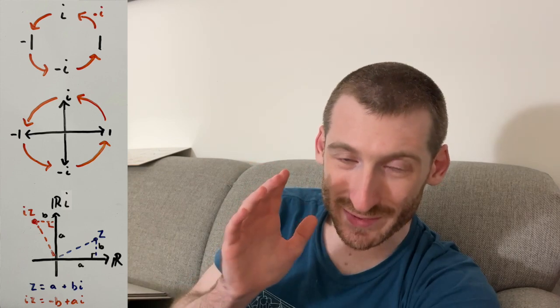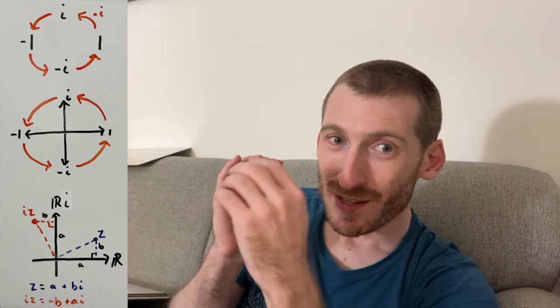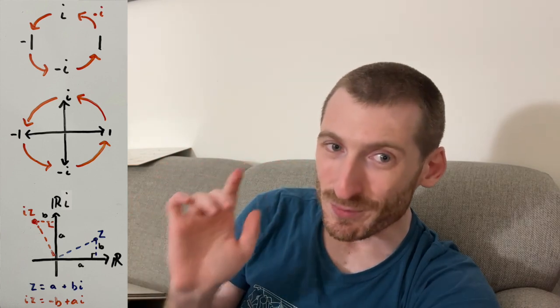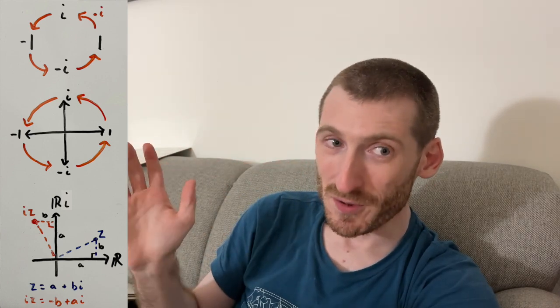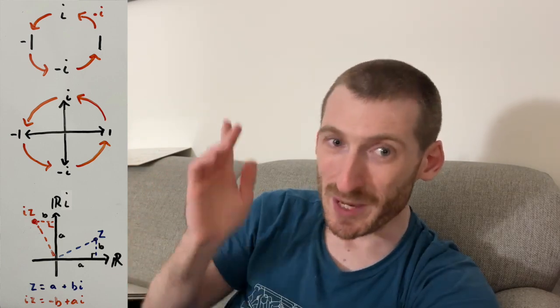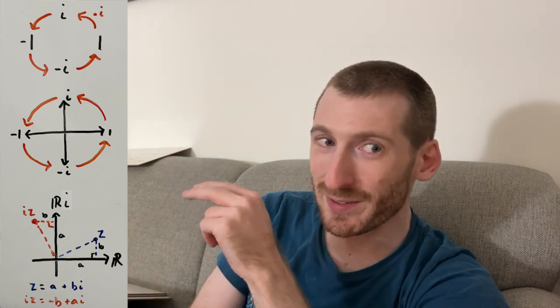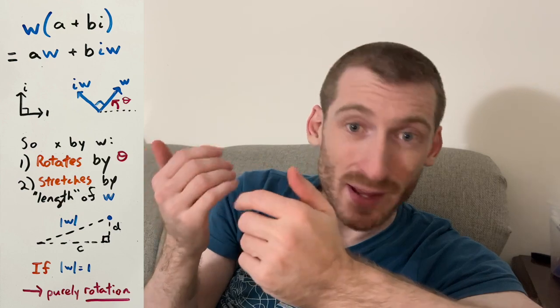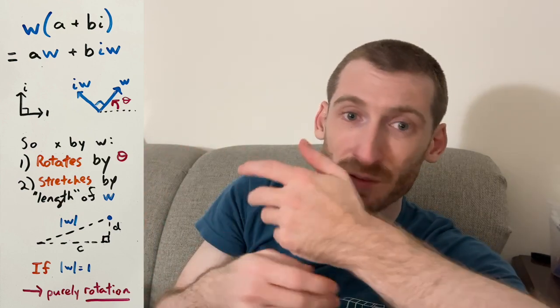And what this means is that any number on the plane, when you multiply by i, gets rotated 90 degrees counterclockwise. So if you have a number that's right plus up, it will turn into an up plus left, like right here. Now, more generally, what happens if we multiply any number a plus bi times some other number,